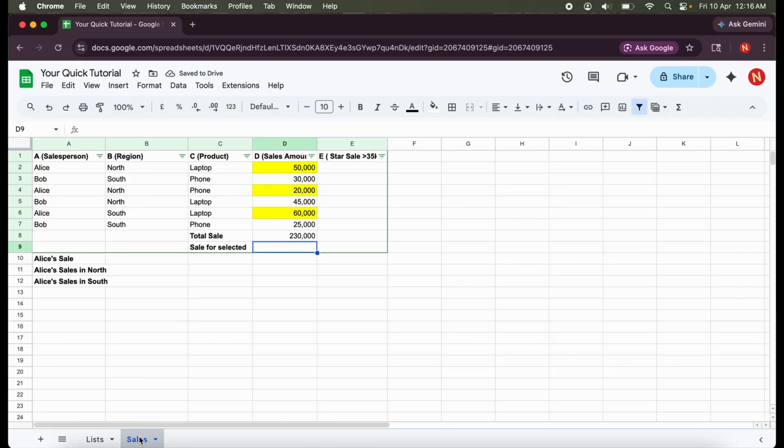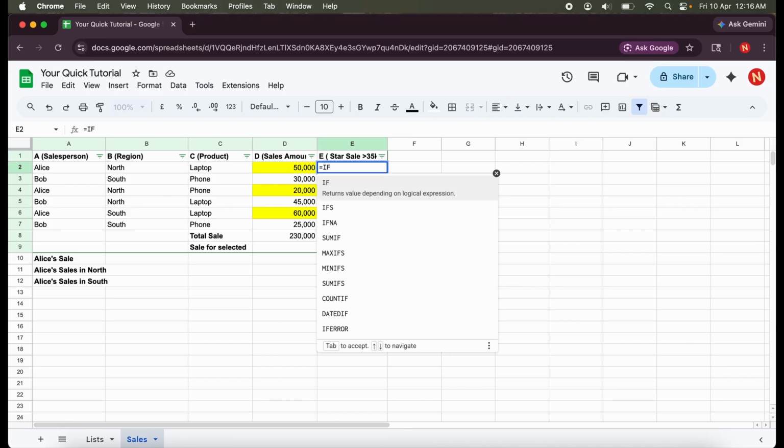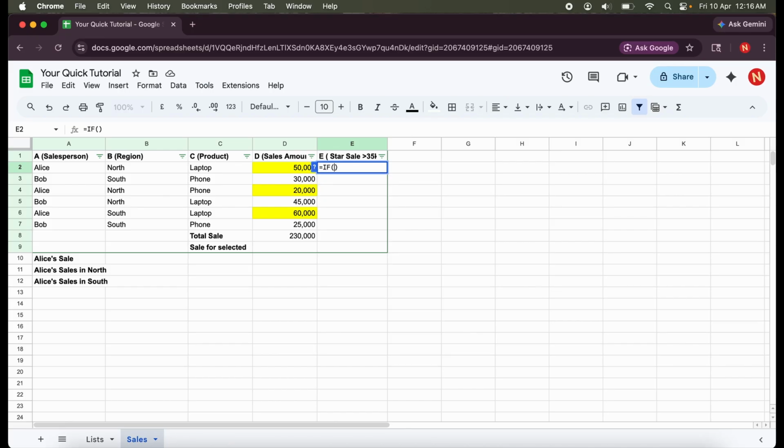So let's see with an example. Here in this cell, let us imagine that we are looking for which one of these is a sale which was done more than 35K. So in this situation, we can check IF, and in the bracket you define first the criteria. In the criteria we want to check the column value and see if it is greater than 35K, and if it is, write